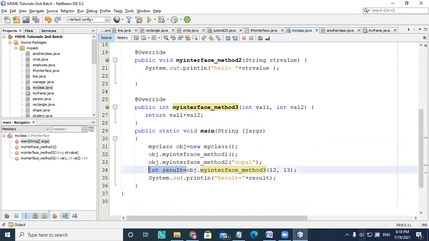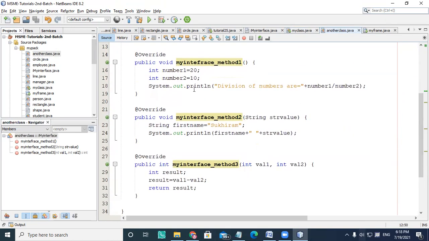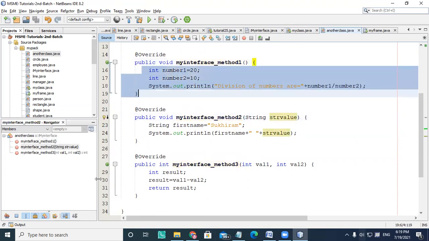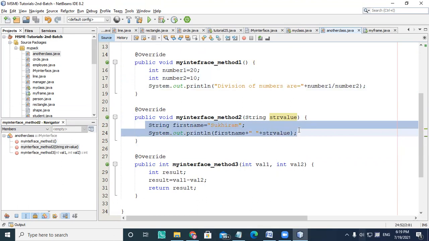So I'm taking that value inside the result integer, and then printing that integer value. The same thing I'm going to do inside my other class also. The signature is not changing, but the procedure is changing here.